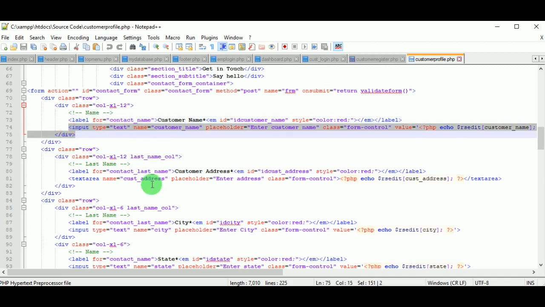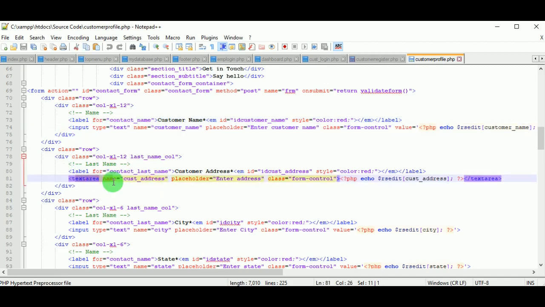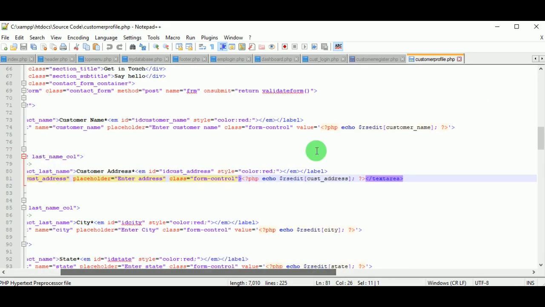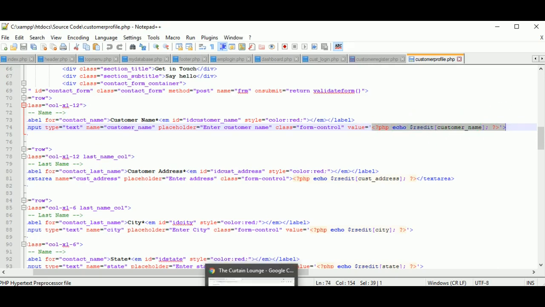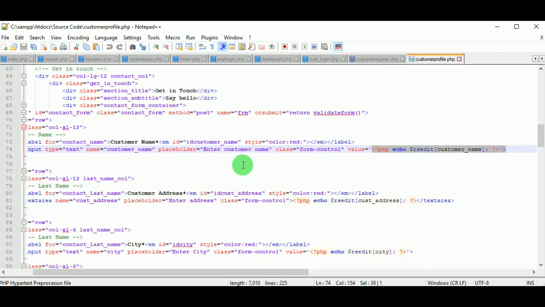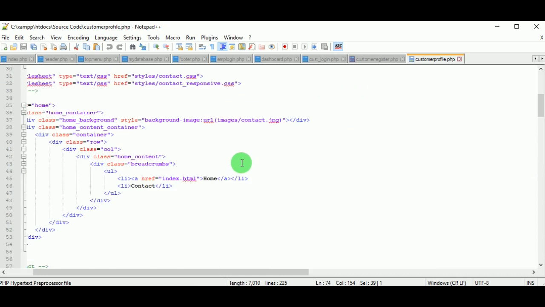That is because of the RS edit whatever we have written. So let us see in the customer name, you can see value is equal to, inside the PHP tag, echo RS edit customer name. So this will fetch the value from the database. Whatever is there in the customer name in the database will be fetched and displayed in the form when you view.